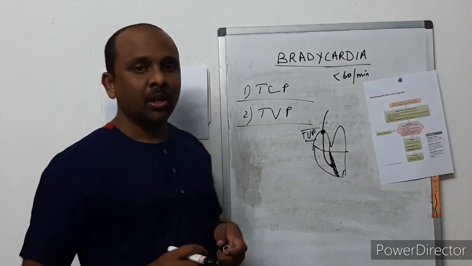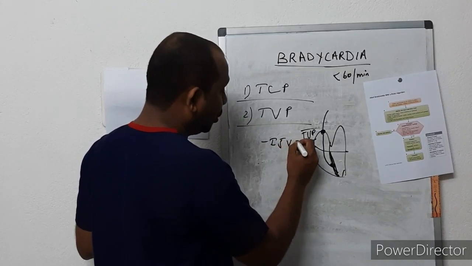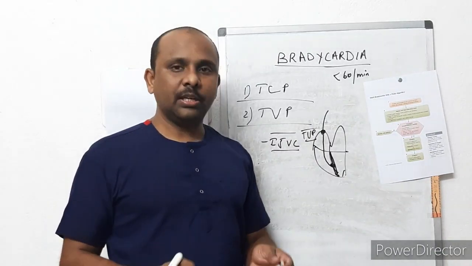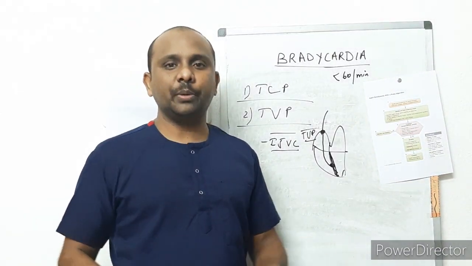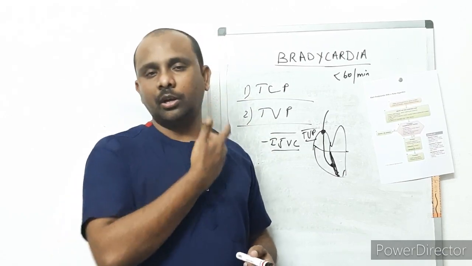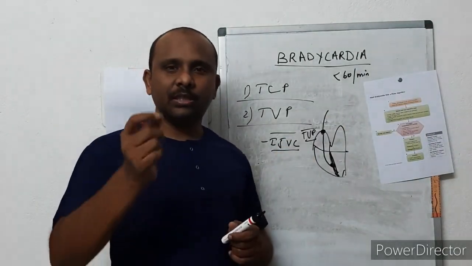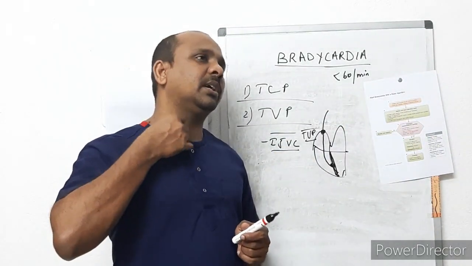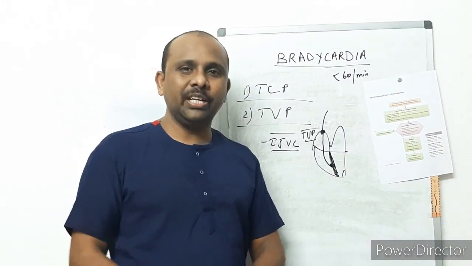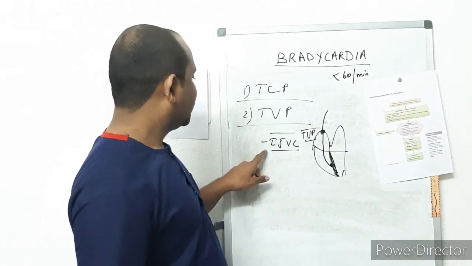How will you do that? You can do this transvenous pacing via the IJV, the right jugular vein, whatever may be, right or left, that is up to the operator or expert's opinion. Whichever way you go ahead, either use the right internal jugular vein or left internal jugular vein. First they will put the sheath, right, to keep that vein patent, then you introduce the pacemaker wire into that. That we are going to see in the pacemaker video, that is a separate episode, right? So that is the thing.